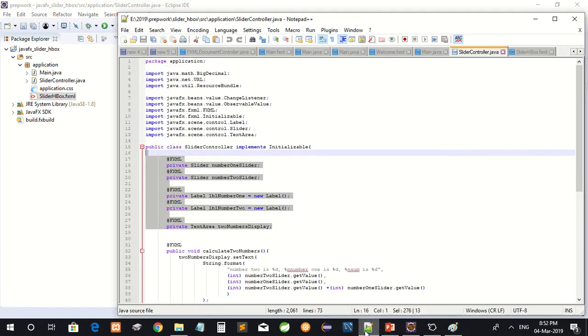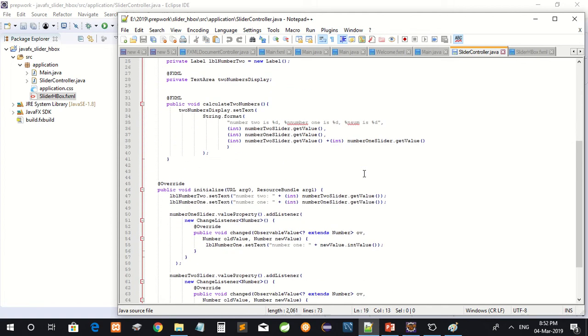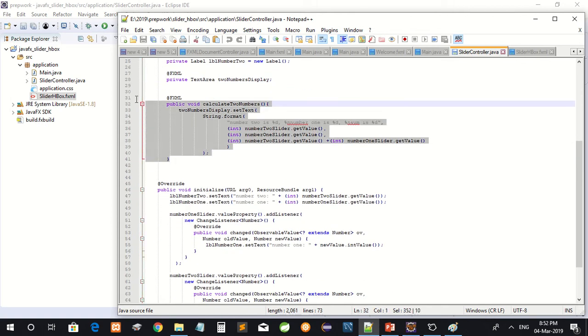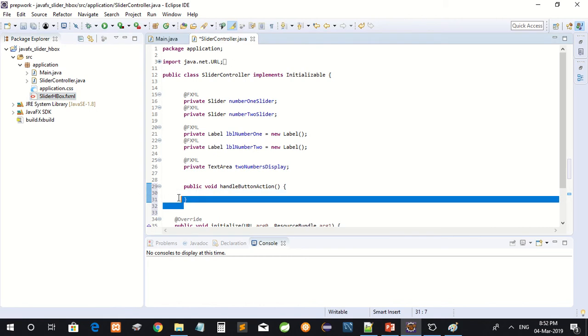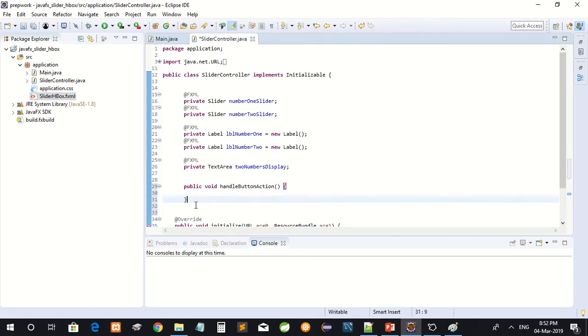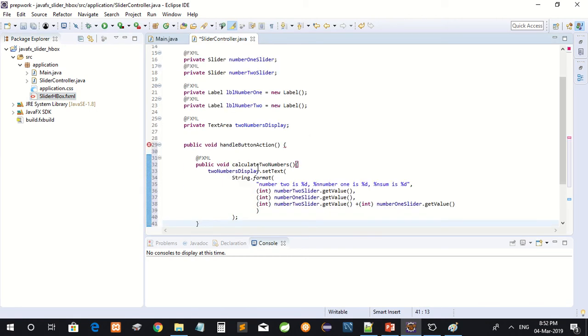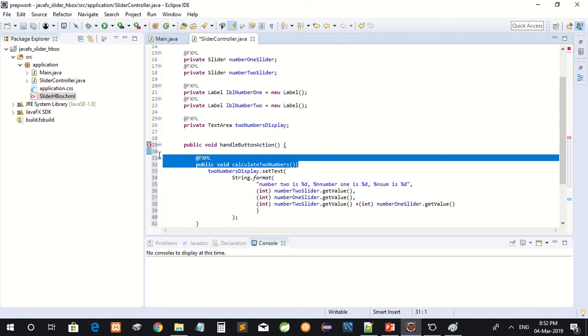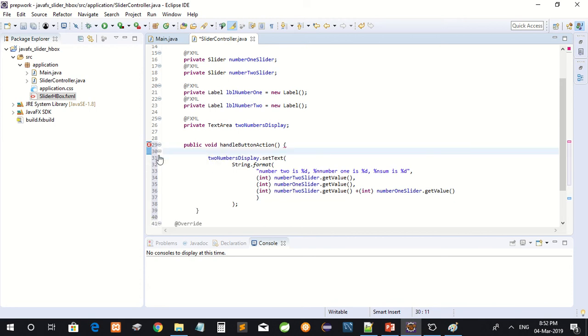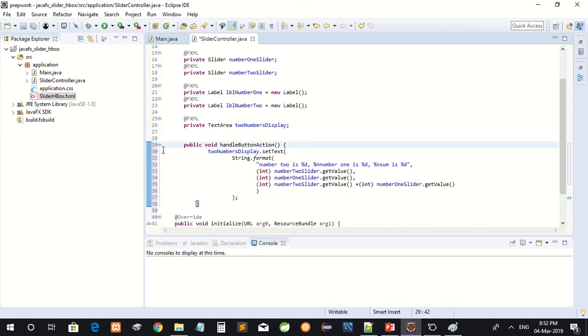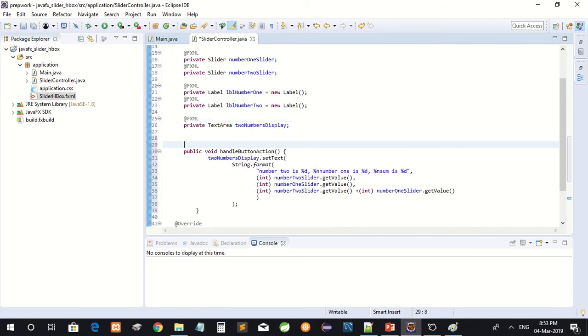But I also have that code available for me right here. Actually, I called it calculate two numbers. So let me keep the same name that I have here that I already created. So like so, and I want to take the annotation,